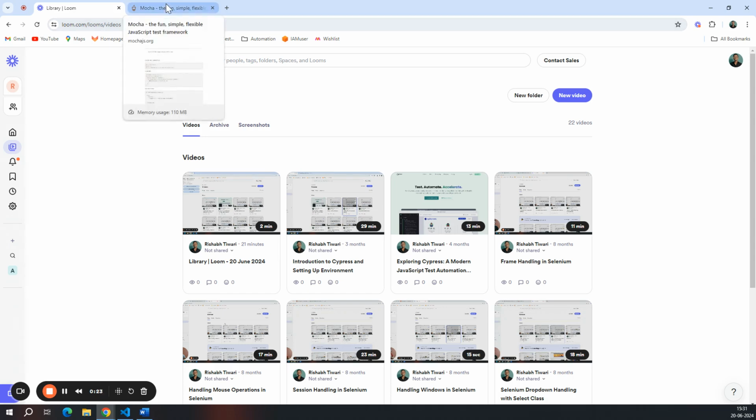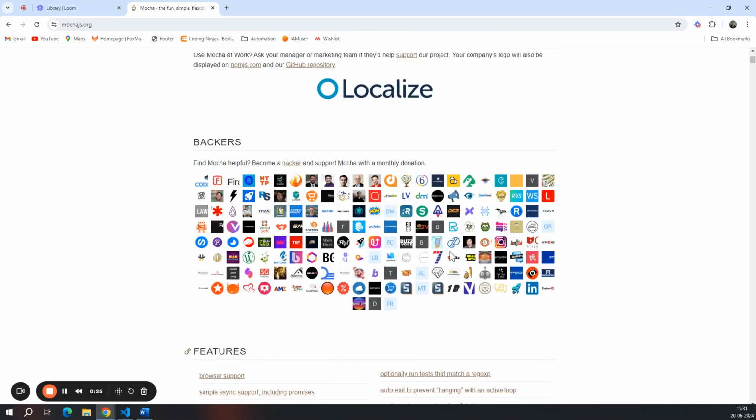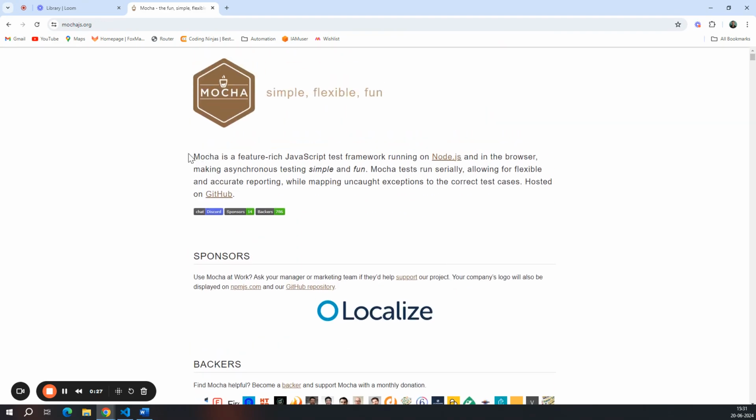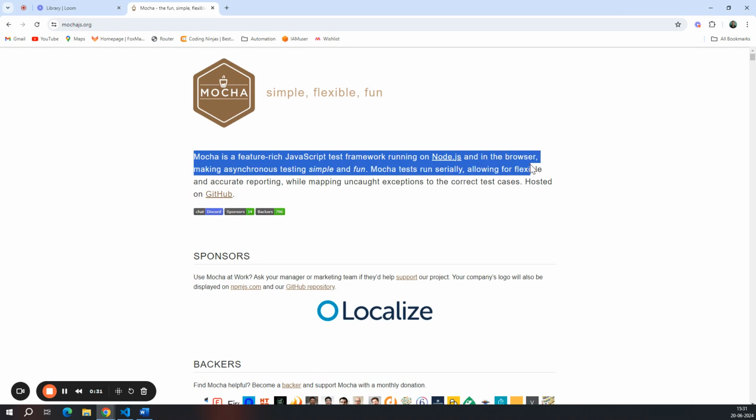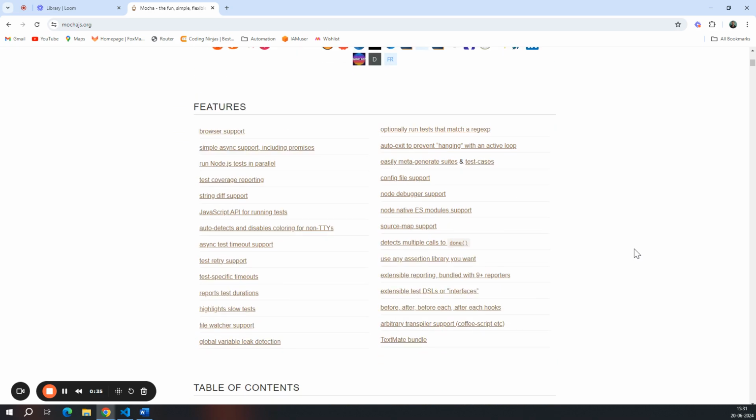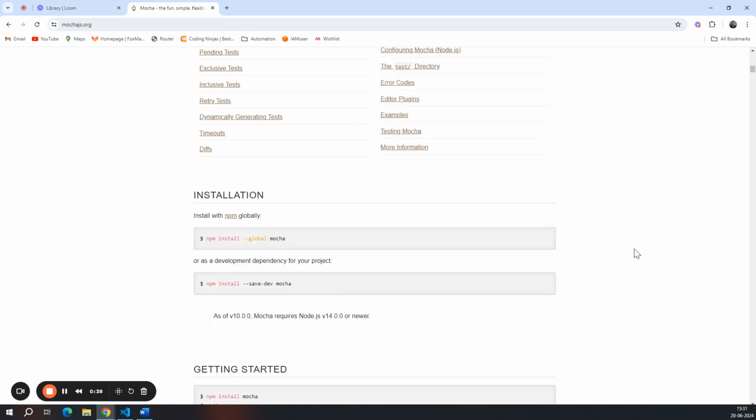So let's quickly go to the Mocha website. It says Mocha is a feature-rich JavaScript test framework running on top of Node.js and in the browser, making asynchronous testing simple and fun. Let's go below as well. Here we can see the installation for Mocha: npm install --global mocha. This will install Mocha globally onto your system,